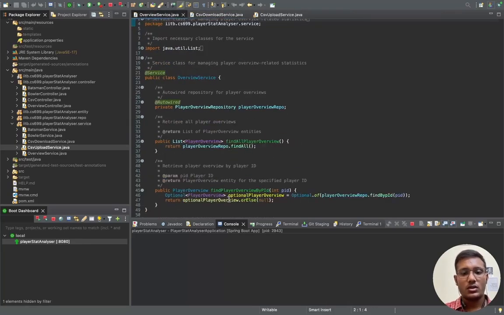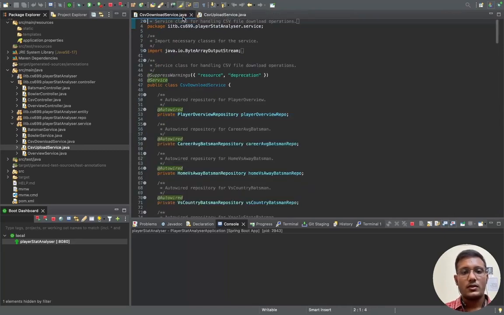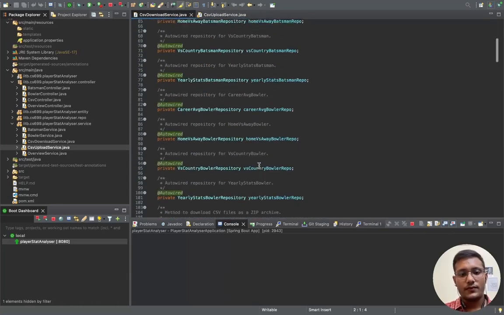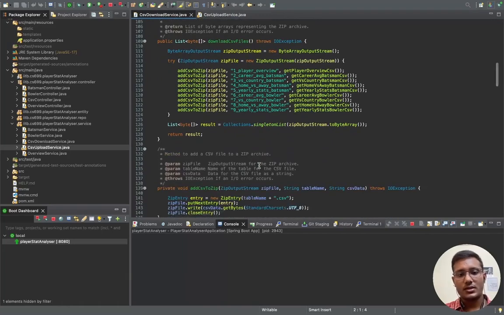Overview service is mostly the same, but not that much anything important. CSV download and CSV upload. This is a little CSV zip related thing, because we are uploading